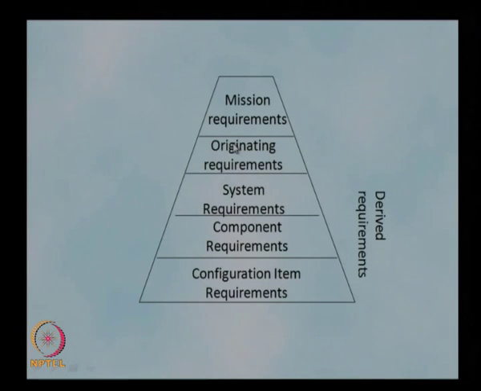Then based on these originating requirements, the system requirements will be developed by the developers, the system designers. Basically, to address a particular requirement, we will know where to go and where this requirement came from, and we can have a close look at that particular scenario and then decide whether to really have that requirement or not. So, this is basically about the development of requirements. So, we need to go to the next level where we develop the originating requirements document. There are some procedures and some standard formats to provide this particular requirement.